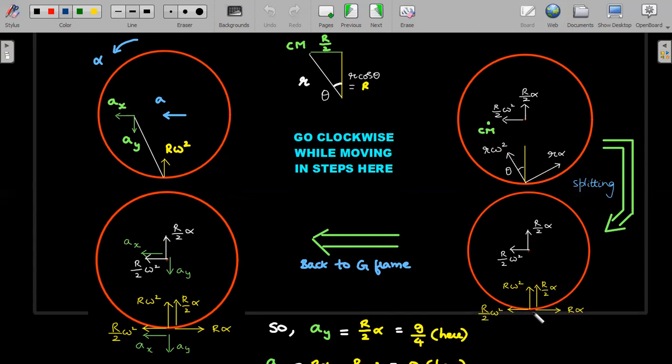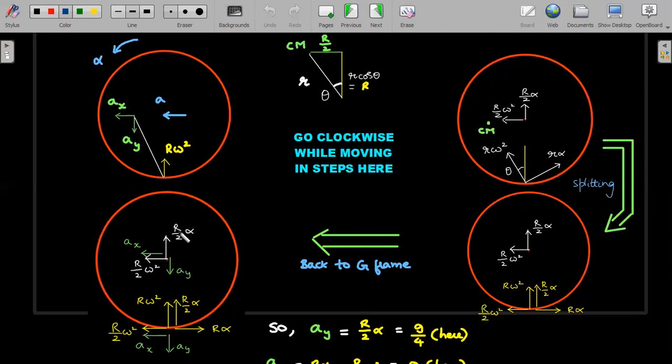Okay, right. So up till here, it's very clear. And which frame are we in? We are still watching from the center of mass frame. So from the CM frame, these are the accelerations. Now, if I want to get to the ground frame, that means I'm back to the ground frame. You have to get down from the center of mass frame, add the center of mass acceleration to each of these points. That means this green set of accelerations should be just overlapped onto this to observe these points from the ground. So back in the ground frame, to all those white vectors, I'll add back the green colored vectors in both the places. Can you see these white ones that I had in this diagram superposed with the green acceleration of center of mass, right?